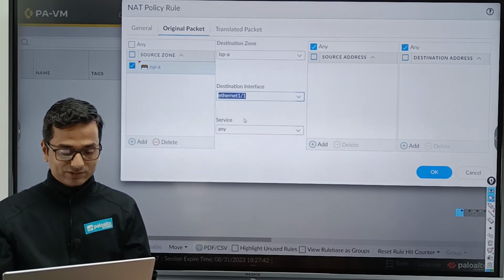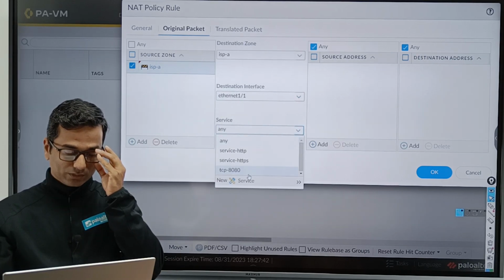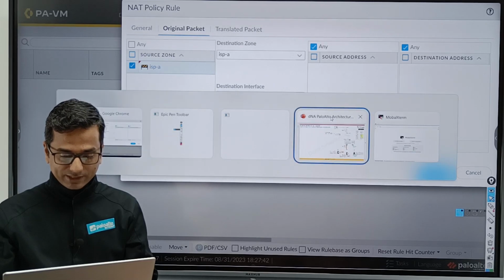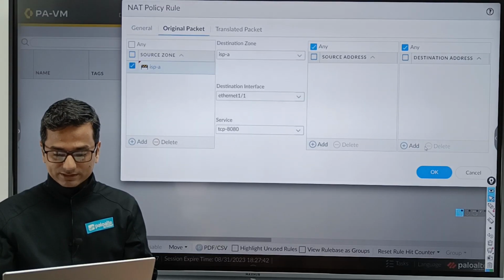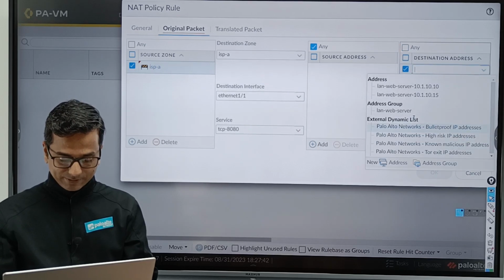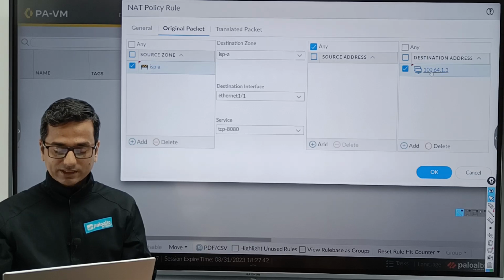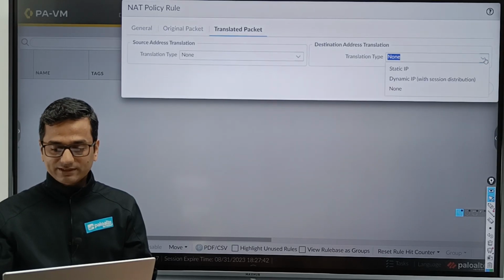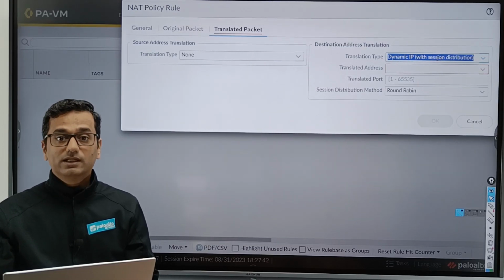Destination interface Ethernet 1/1 and port number you can use TCP 8080. Let me check my diagram. Yes, 8080. Okay, and then destination IP address, the public IP address 100.64.1.3, and if the destination address matches, translate the destination IP address with dynamic IP with session distribution.